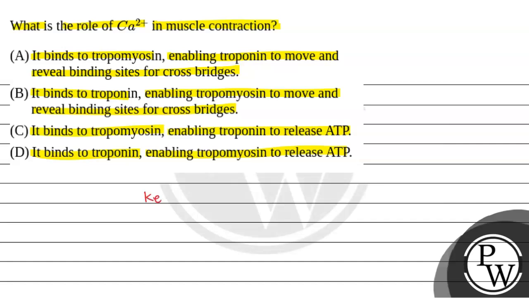So the key concept of this question is muscle contraction. A muscle contraction begins when an action potential in the form of chemical acetylcholine reaches the neuromuscular junction. It reaches the neuromuscular junction from the